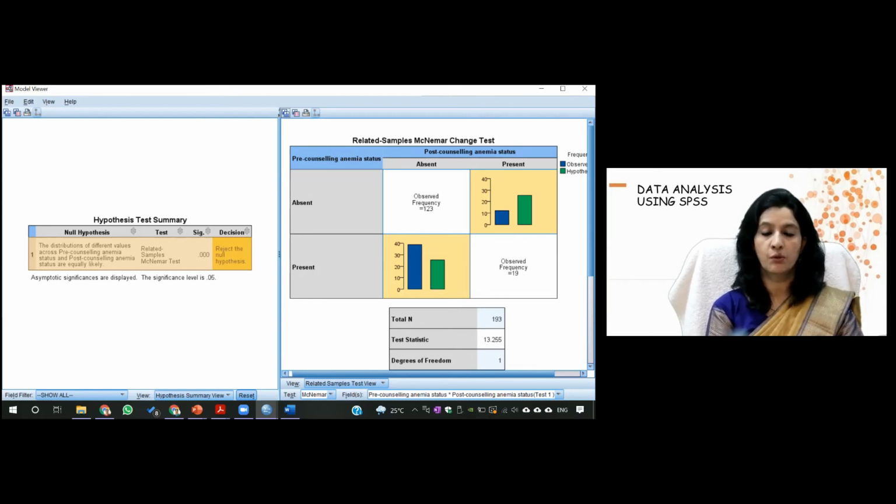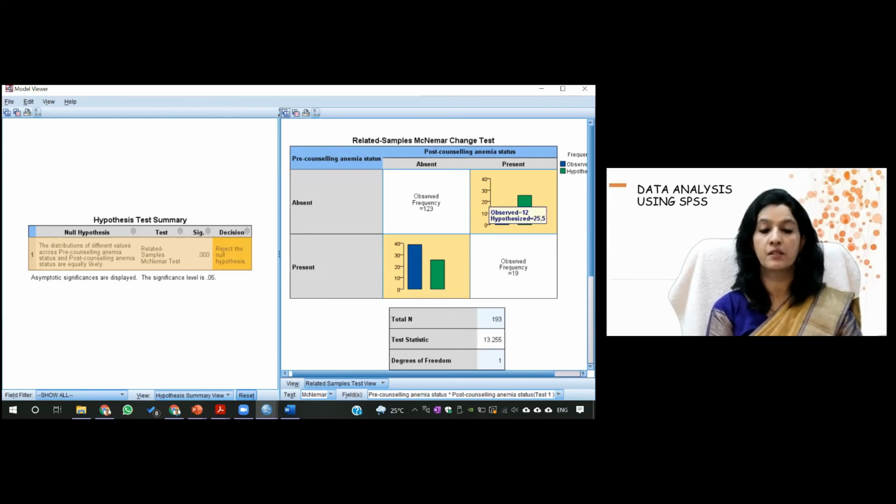Because a total of 51 cases changed their status. So it is the total 51. If you total this 39 and 12, it is 51 people. So the null hypothesis says that both are equal. The same set of people have interchanged their status. So that's why the hypothesized is 25 and 25.